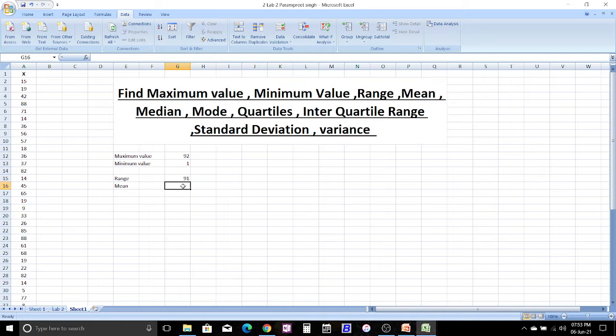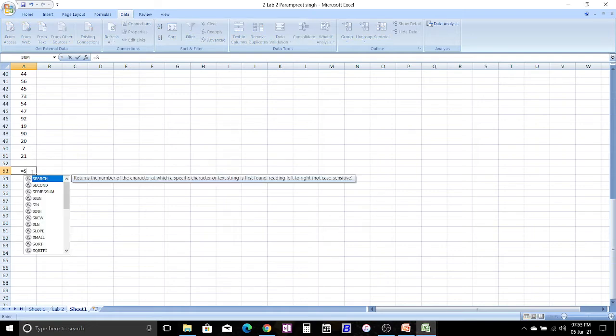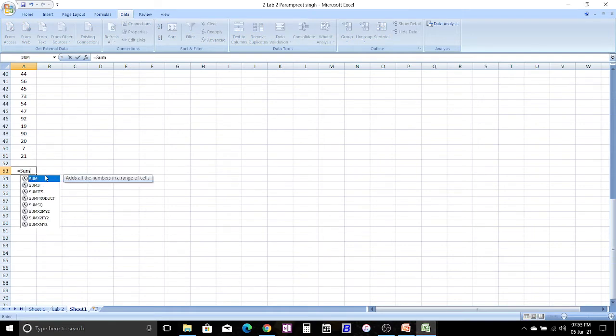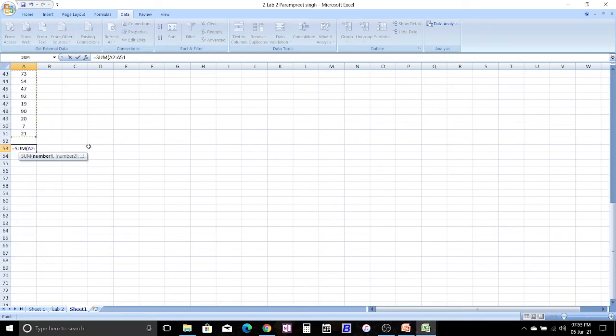We can do it in two ways. One of the ways, we can calculate the sum total, that is equal to sum. Let's click on it, select data here and enter. It's done. The sum total is 2031 and n we know that it is 50.